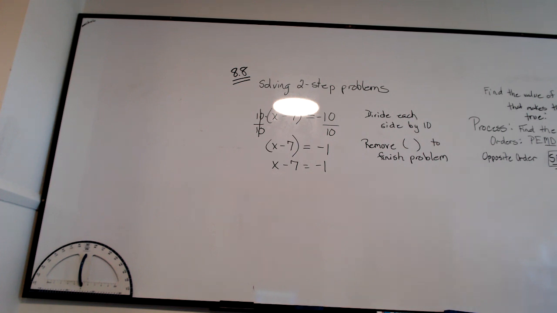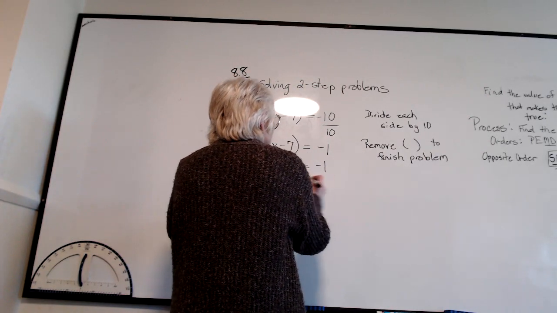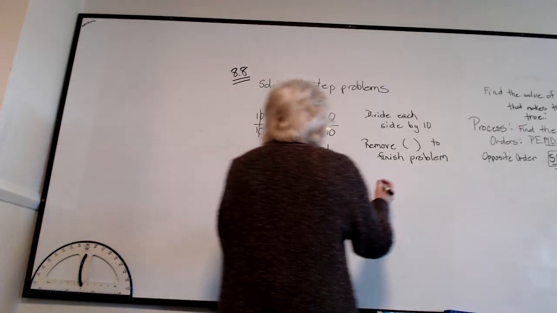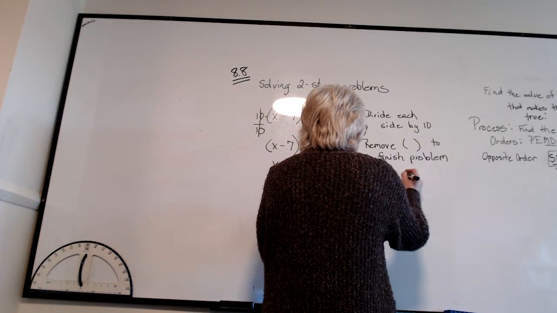It's a subtraction, right? How do I get rid of a subtraction? We do the opposite, so we're going to add. We're not dividing, we're going to add 7, because the opposite of subtracting is adding 7